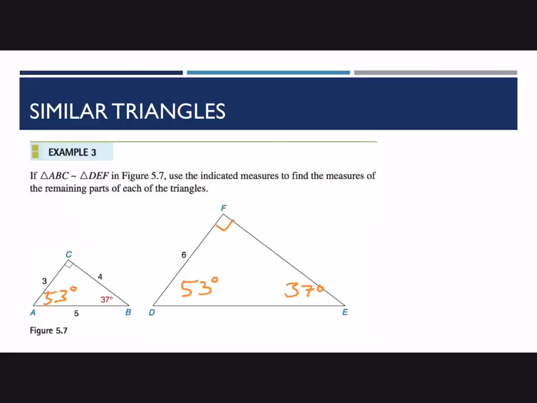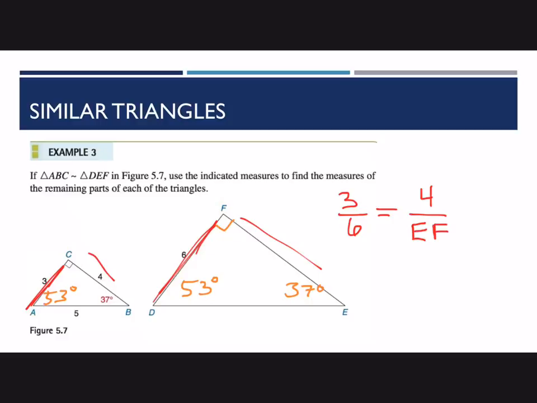So what we want to do is write a proportion. So what you need is at least one complete ratio, and then one that has a missing piece, and then a number filled in. Okay, so looking at the sides, the complete ratio that I have would be AC and DF. Okay, so one of my ratios is going to be 3 is to 6 as, okay, and then I know the other two sides of the smaller triangle, so I could start with maybe CB and its corresponding side FE. So 3 is to 6 as 4 is to